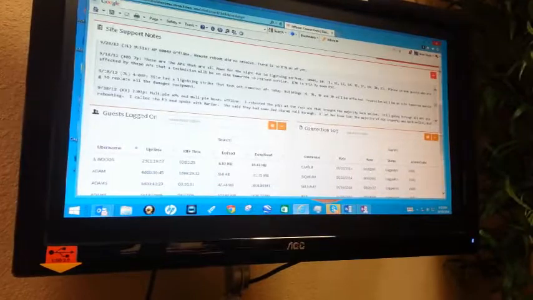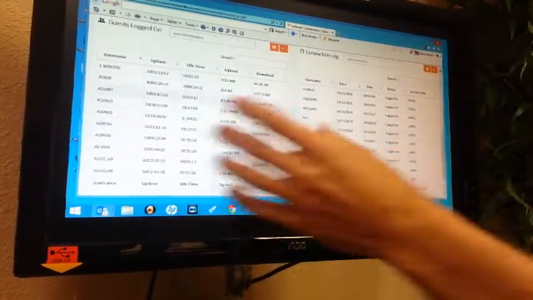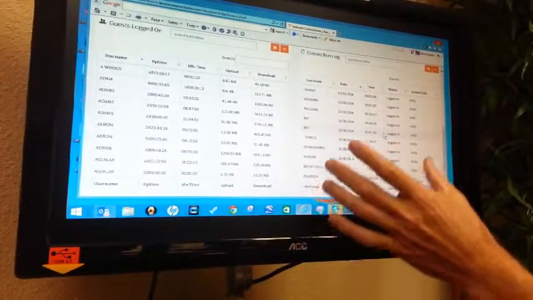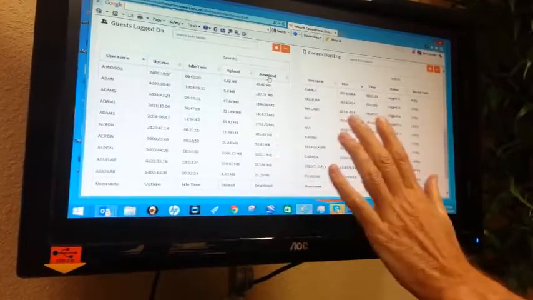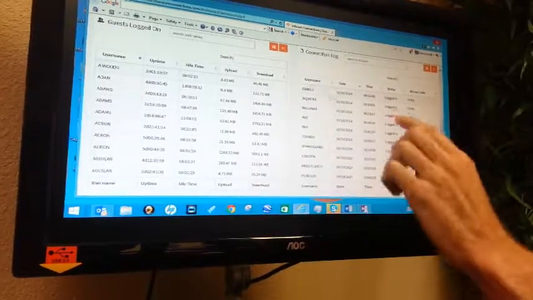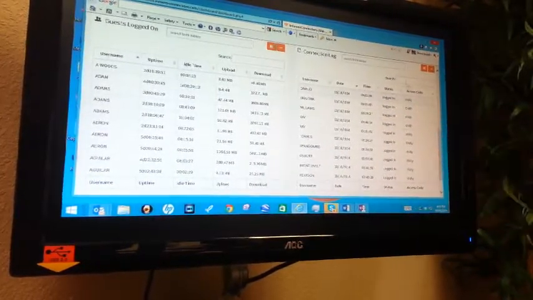And then in real time, you can see what's going on with your guests. These are the guests that are actually logged into your gateway. This is the process that they went through on the website to get logged in. You say, well, why do you do both? Because the information needs to come from 2 places. This gives you your current upload and download. This tells you the exact time they logged in, what passcode they used to get in. For example,